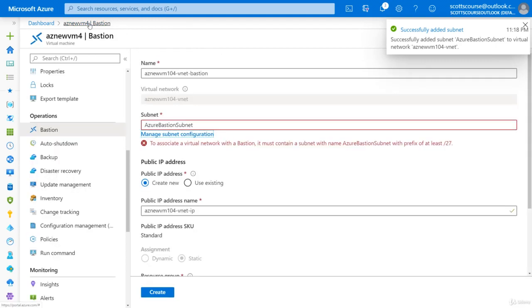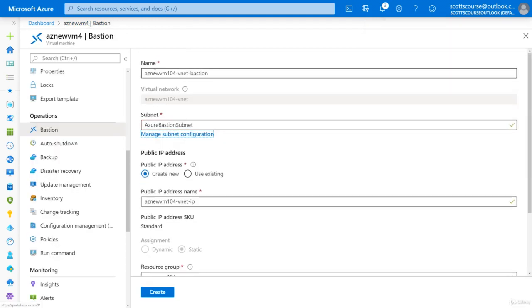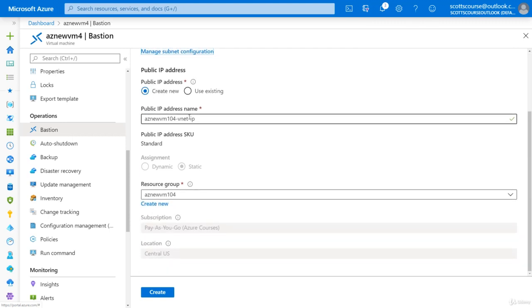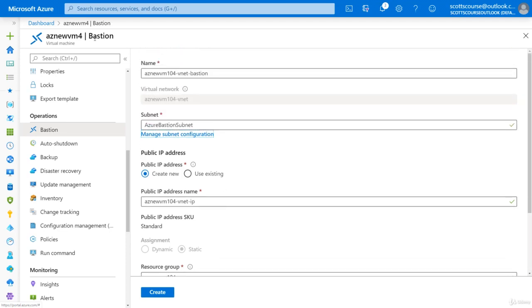We can go back to the VM, and now we have a new name for the Bastion server. That's the subnet. It's going to create a brand new public IP address. It's going to put it in the existing resource group. Now, I haven't really explained what Bastion is, actually. Bastion is pretty cool. Basically, instead of RDPing directly into the box, I'm going to hit the create button while